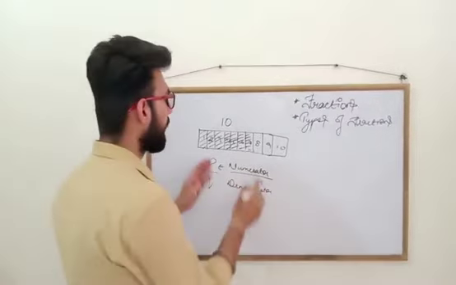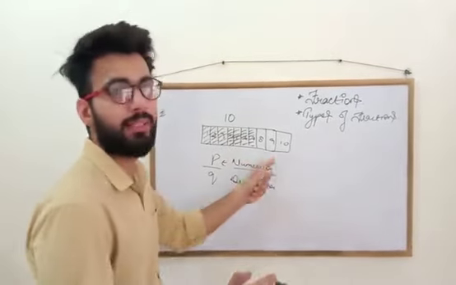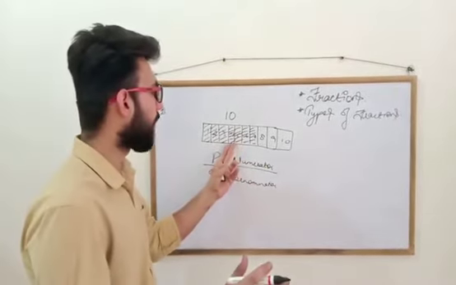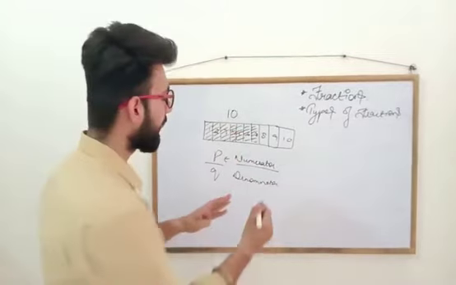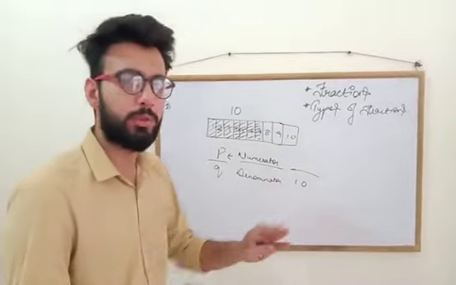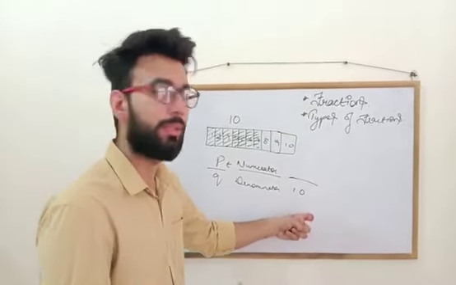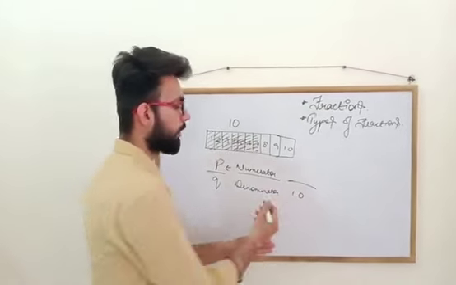Okay, what is numerator? First I'll tell you what is denominator. Denominator is everything. Like if there are 10 parts, the total number of parts in this object is 10. So we will write 10 as the denominator. Everything which is complete, the total number of things, always comes at the bottom, that is denominator. The total needs to be at the lower side, that is denominator.